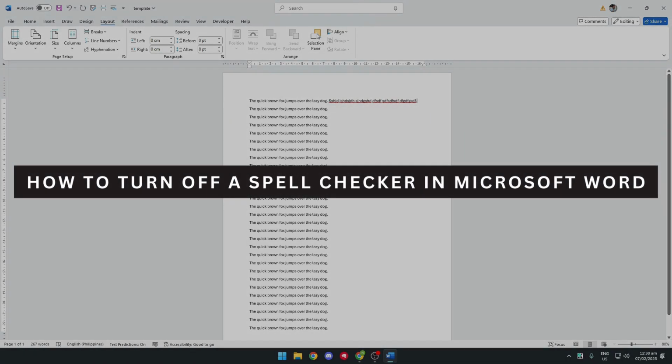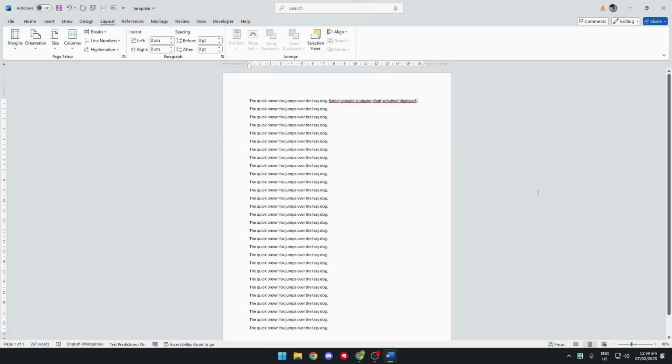Let's see how to turn off spell checker in Microsoft Word. Now, first off, we want to open Microsoft Word and have our new document ready. And as you can see here, we have our pretext ready, and we can see that some words are underlined